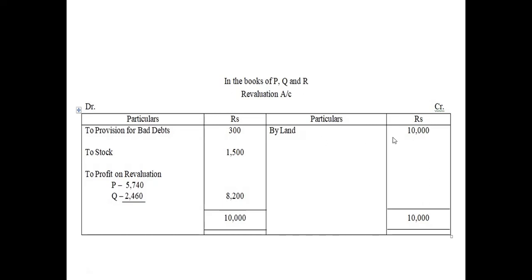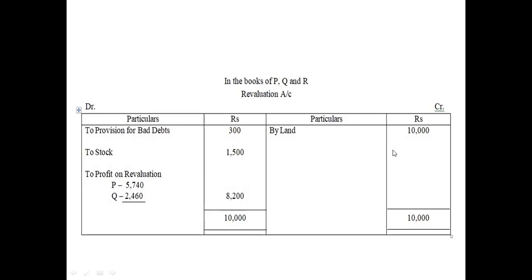General reserve will not come here in the revaluation account, because we should know that general reserve is an accumulated profit. So it is a different thing, where we have to do the adjustment through the capital account itself. So after writing these three items, land 10,000, provision for bad debts 300, and stock 1,500, we now have to